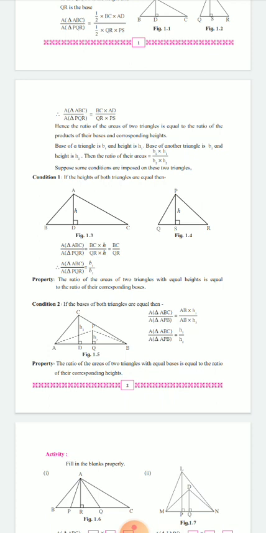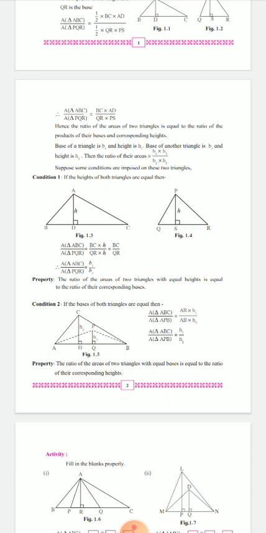Okay, and if we consider the heights, in the first triangle, that is triangle ABC, the height is CD. I'm denoting it with small h1, and in the second triangle, that is triangle APB, the height is PQ. I'm going to denote it as h2. Okay, so based on our previous formula, the ratio of area of triangle ABC to the area of triangle APB is equal to base into height, AB into h1, divided by AB into h2. Now as the bases are the same for both triangles, AB gets cancelled out, and we get the ratio of area of triangle ABC upon area of triangle APB as h1 upon h2.